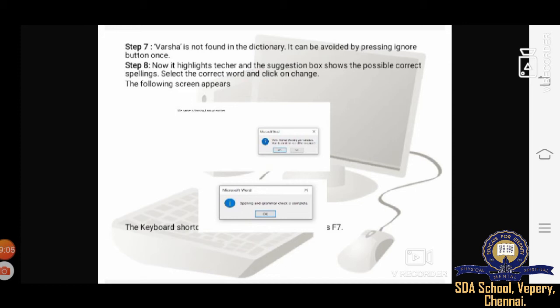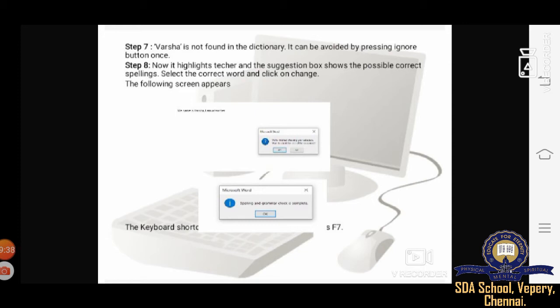Okay, and the following appears on the screen: Word has finished searching the selection. Then after you finish correcting the spelling, you give a command to the Yes button. If you didn't finish, then click the No button. Click Yes if the entire document is to be checked, else click No. If you have not checked, then you give No.